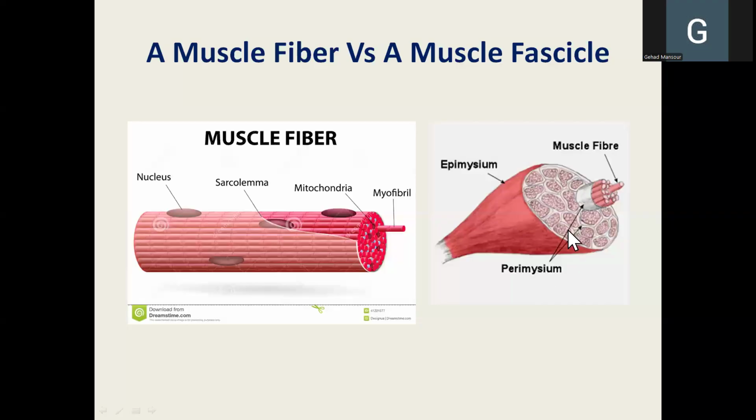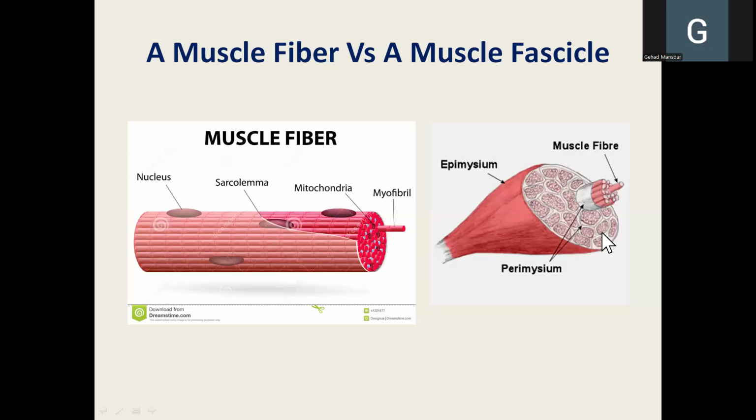The diagram we have to the right here is a transverse section in a whole muscle, and that is the tendon of the muscle. And as you can see, the tendon of the muscle is the connective tissue cord that connects the muscle to a bone or to the corresponding bone where it is attached. But what I have to highlight here is that the epimysium, which is the connective tissue around the whole muscle, will taper to form the tendon. So the tendon is nothing but an extension of the epimysium.